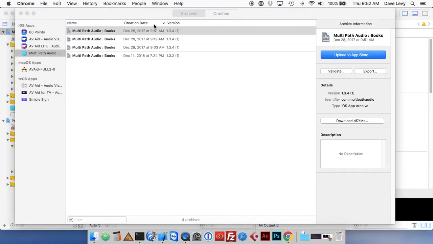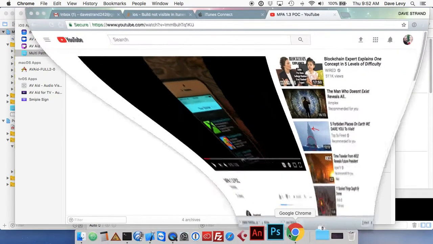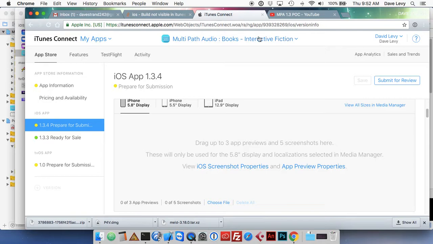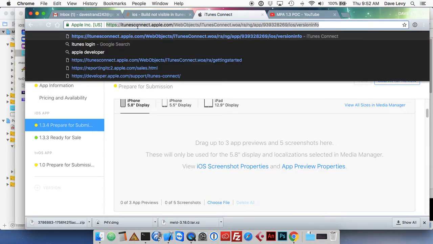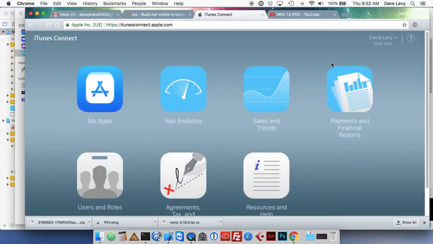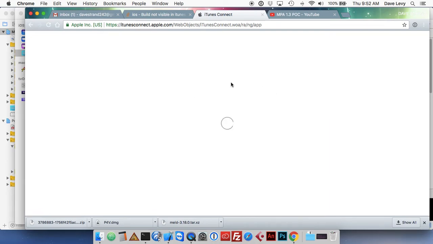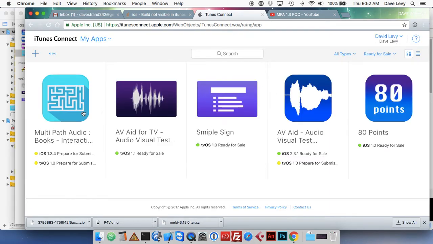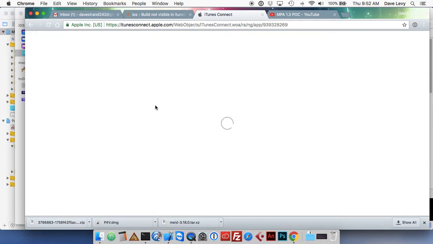And as a matter of fact, now that I think about it, before you even upload it to the App Store, you need to set up a new version over in iTunesConnect. So you go to iTunesConnect.com and log in. Let me take you back here a couple steps. So go to iTunesConnect and log in, and then here's a screen with your apps. And so here's all of my apps that are live. These are my 5 apps. And this is the one we're working on, though. So you select the one you're working on,